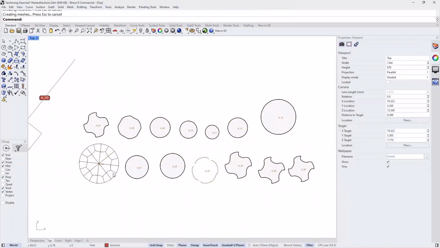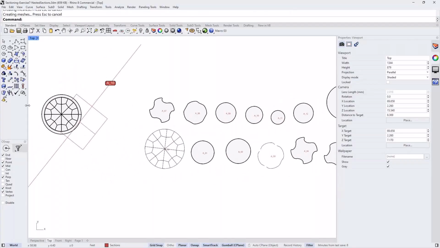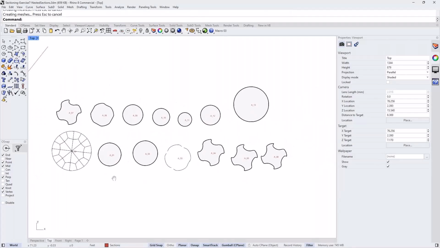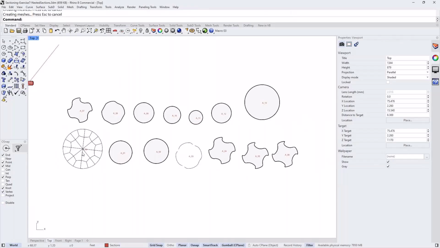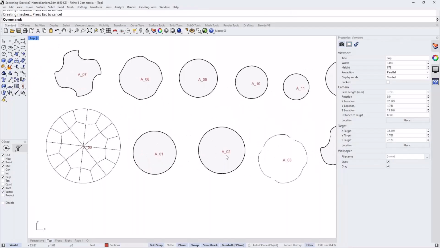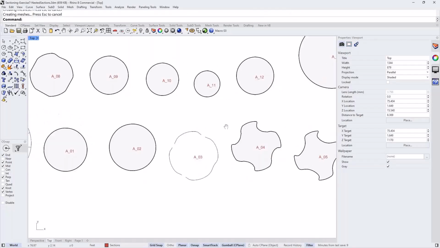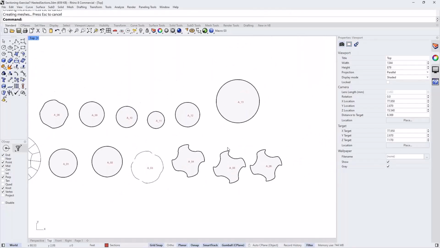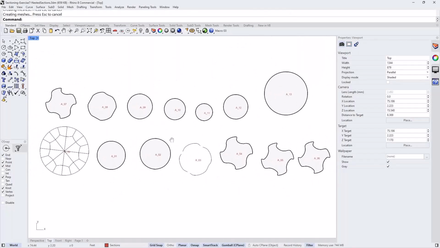But as you can see, each one of those, and the first one created everything because it just cut it through the base, so you can clean up that one. But as a result, you get each one of those, with the label already output here of each one of them, and you can either use a specialized program to nest it, or you can use it as is or manually adjust it.